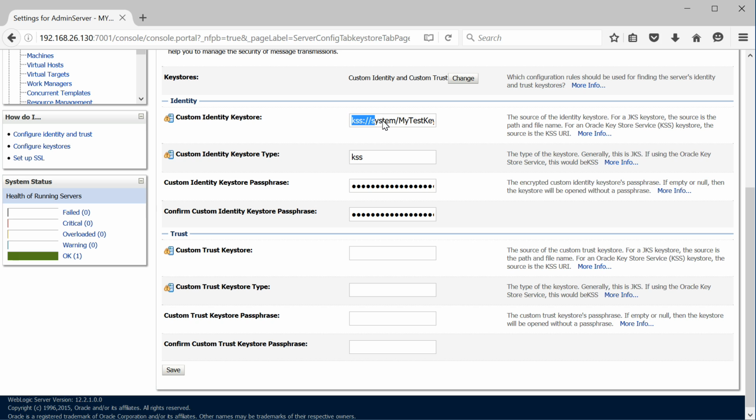If you are using a key store created using the EM console, it will be of type KSS, which is nothing but Oracle Key Store Service. This will be the syntax: you need to provide kss as protocol, then :// and then your application's stripe name. In our case it is system, and then you need to provide your key store name, mytestkeystore, and then the type would be KSS, and you need to provide the password for your key store. If you are using a JKS based key store, here you need to provide the absolute path of your JKS file. In our case, say /home/oracle/mytestkeystore.jks,